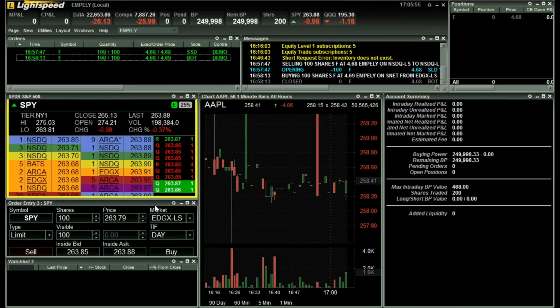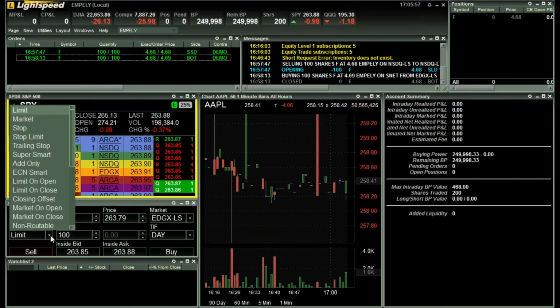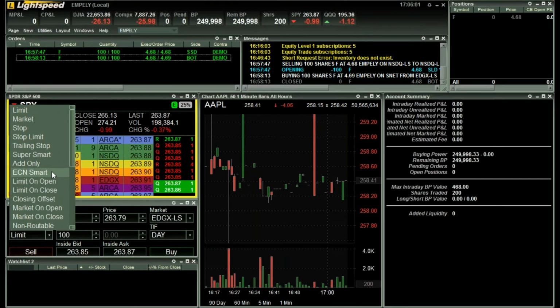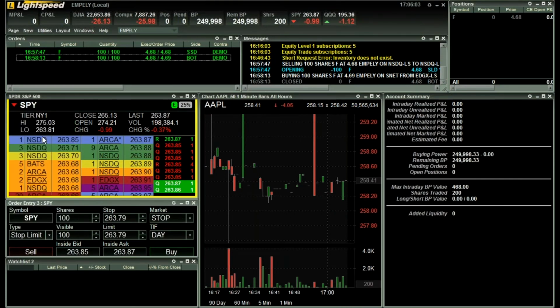Someone wants to see an example of a sell stop limit. So you just change the order type. So this is the drop down for the order type. You choose stop limit. So SPY is 263.71. You would enter your limit and your stop price. So my stop price, we're going to lower it to say